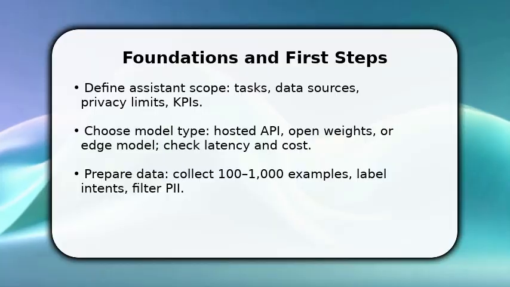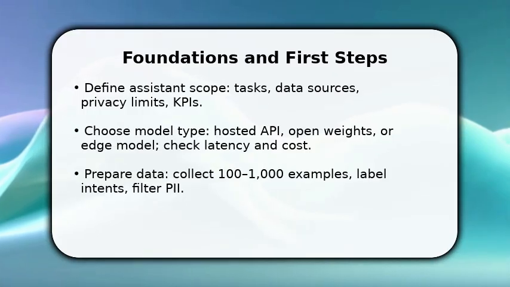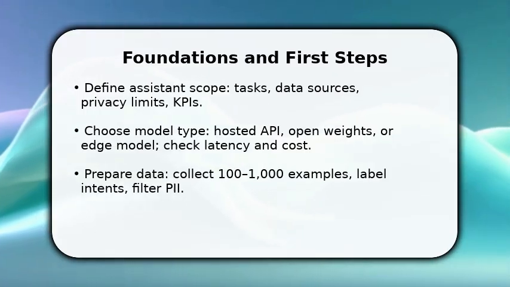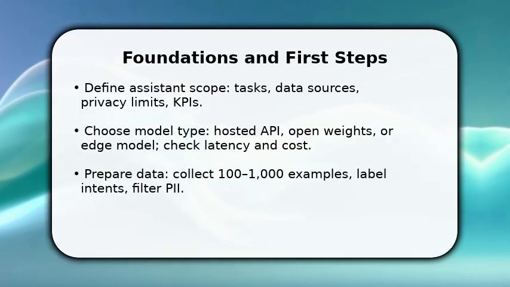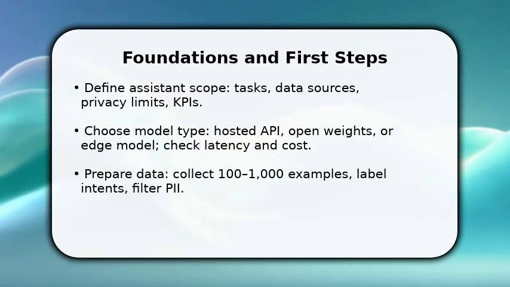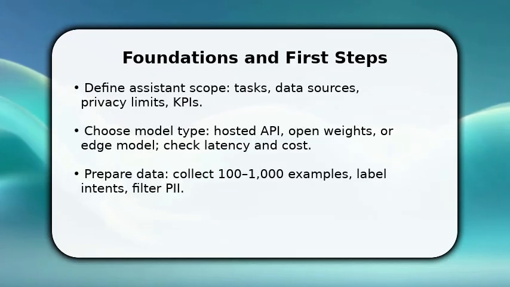You start by deciding what the assistant must do and why that matters for users. Once decided, pick a model delivery: API for speed, open weights for control, or edge for privacy. Factor cost and latency. Next, prepare a small training set, 100 to 1,000 examples, labeled for intents and entities, and